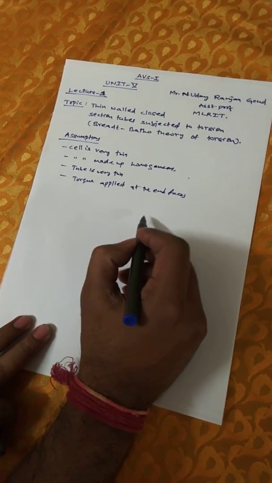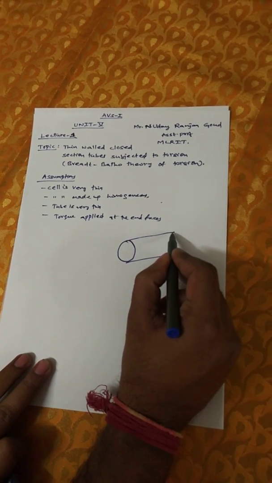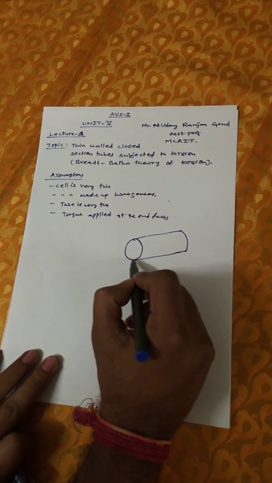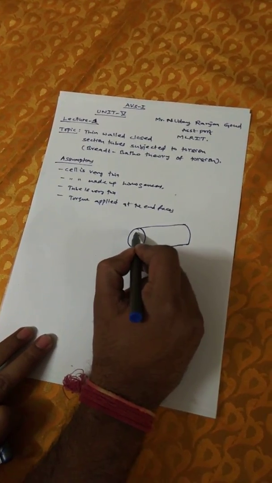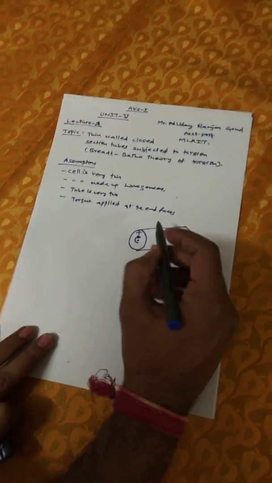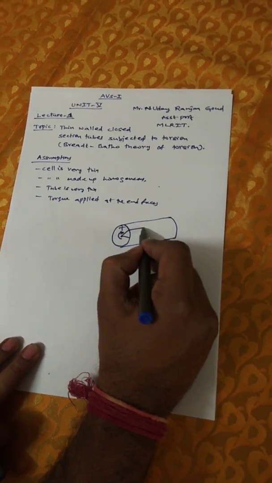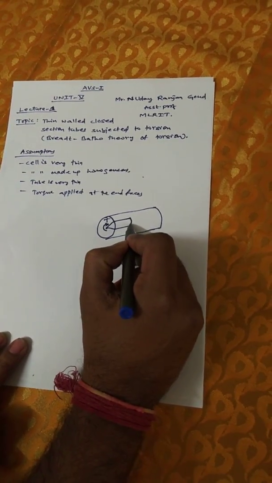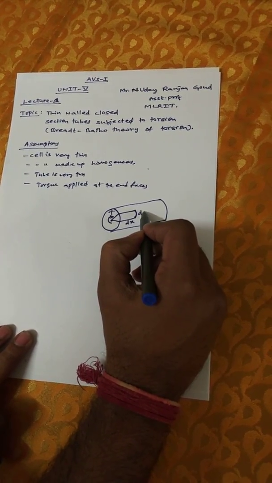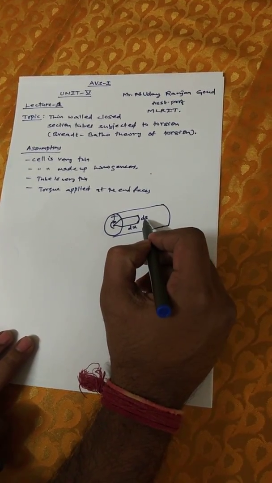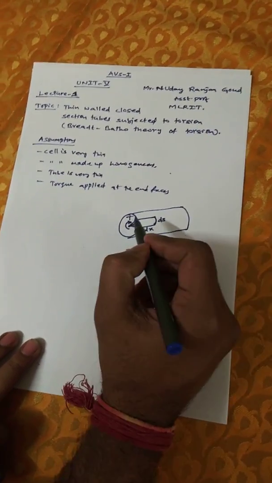So let us draw one thin walled tube, and let us assume this thin walled tube like this, and in this let us consider this is the axis where at the end of this face we are going to apply torque T. And here, considering one small element or elemental strip in this particular tube, let the distance of it be dx, and let the elemental width be ds, and this is the area which we are going to take as an element.